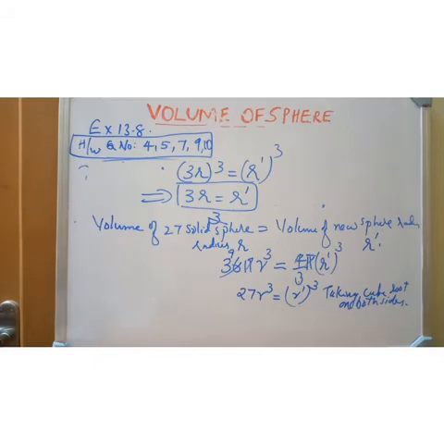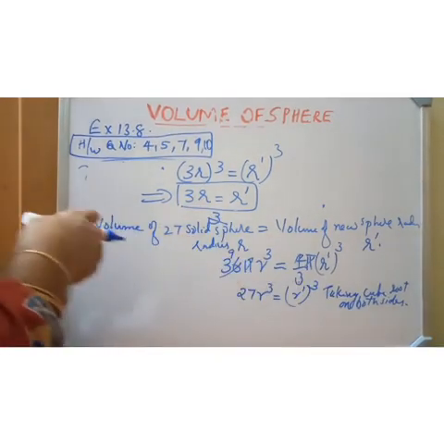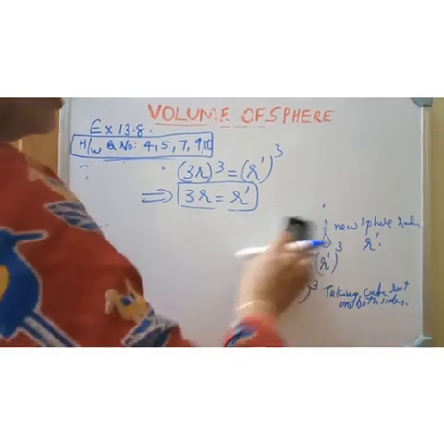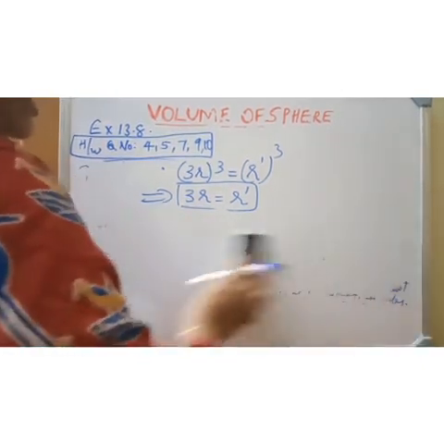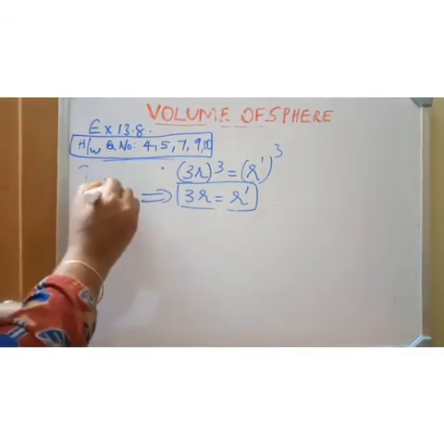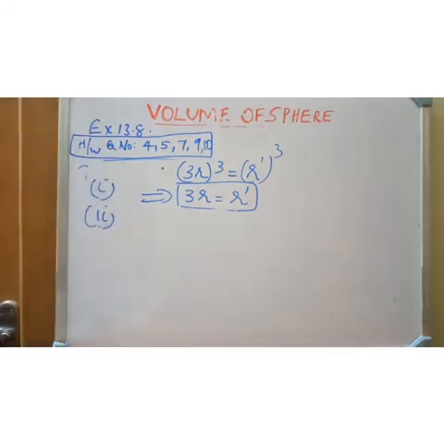Next you must see the two subdivisions of the question. So the first subdivision is the radius r dash of the new sphere. R dash of the new sphere is what? R dash of the new sphere is equal to 3 times the radius of the original one. Okay. So 3r equal to r dash, the first part of the question is over. Now look at the second part. What will be the second part? The ratio of S and S dash.